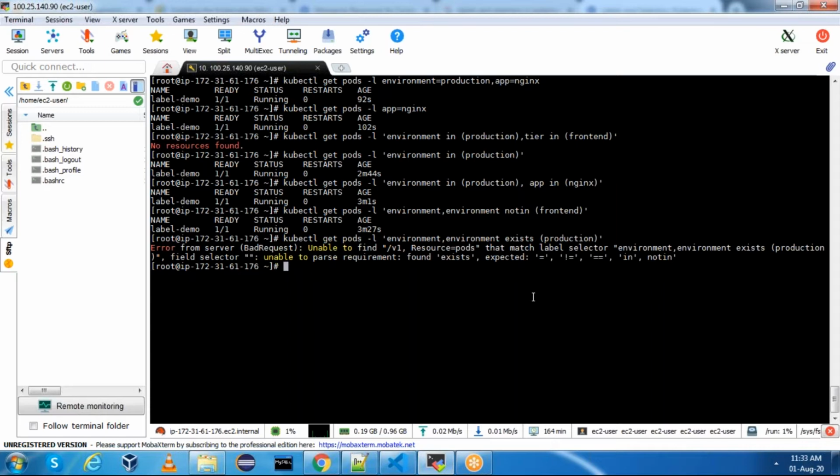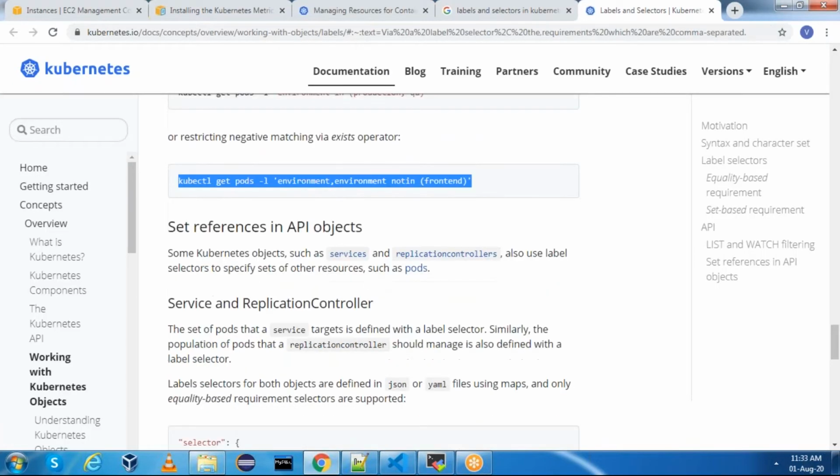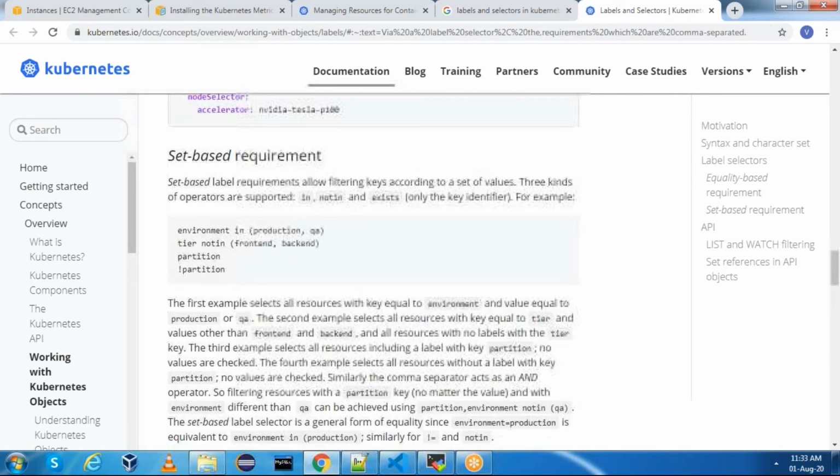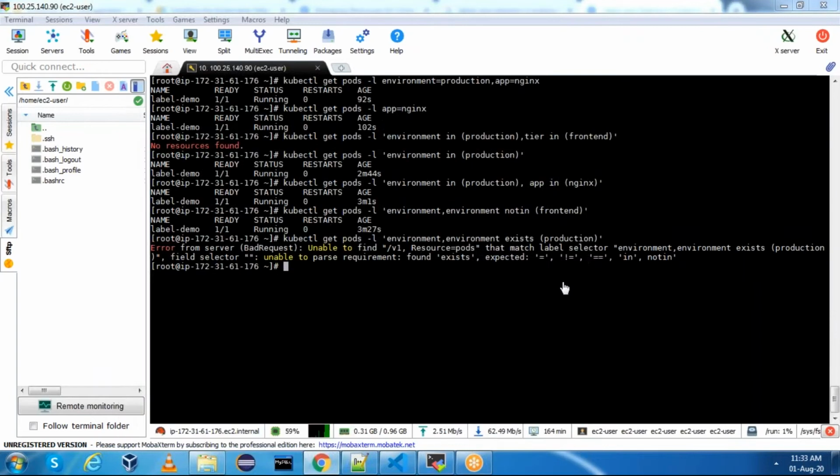Sorry, where is that label? Where is that option? Okay, the supported operators are in, not in, and exists.